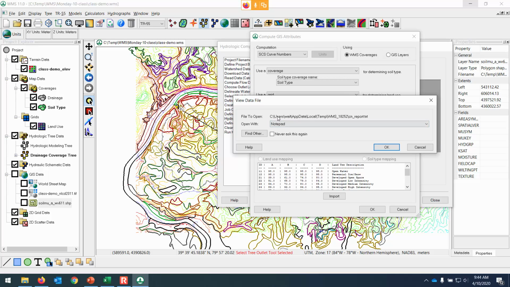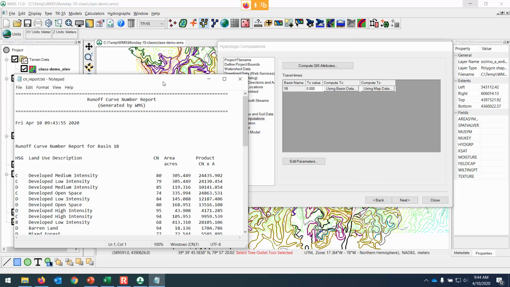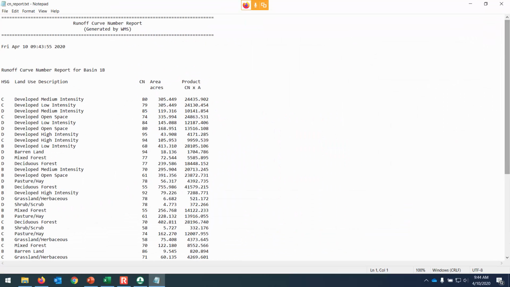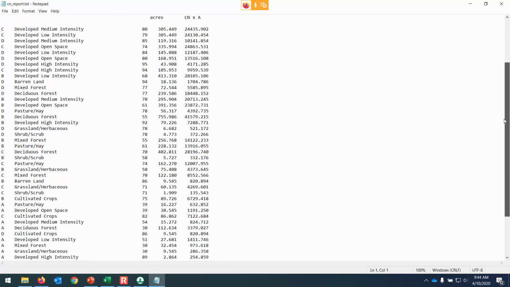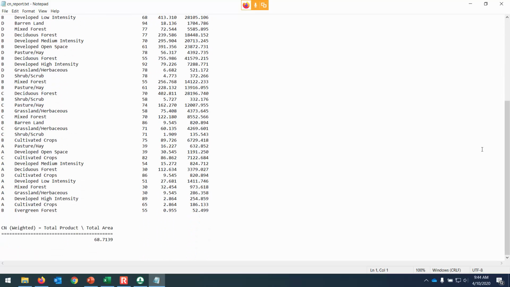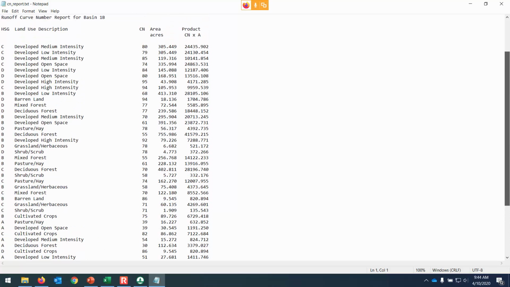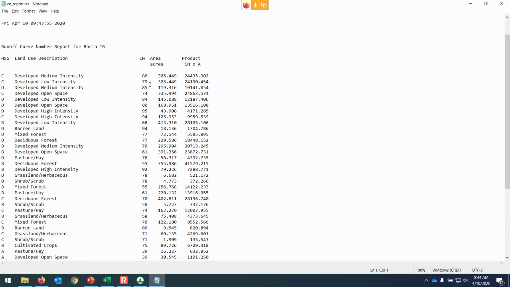And it's telling you where it's been temporarily saved. So click OK, and then in this report, it's telling us the composite curve number for the watershed. So this watershed down at the bottom, you can see that it has a composite curve number of 68.7, and all of the curve number, area, and then it's computing a weighted average by multiplying the